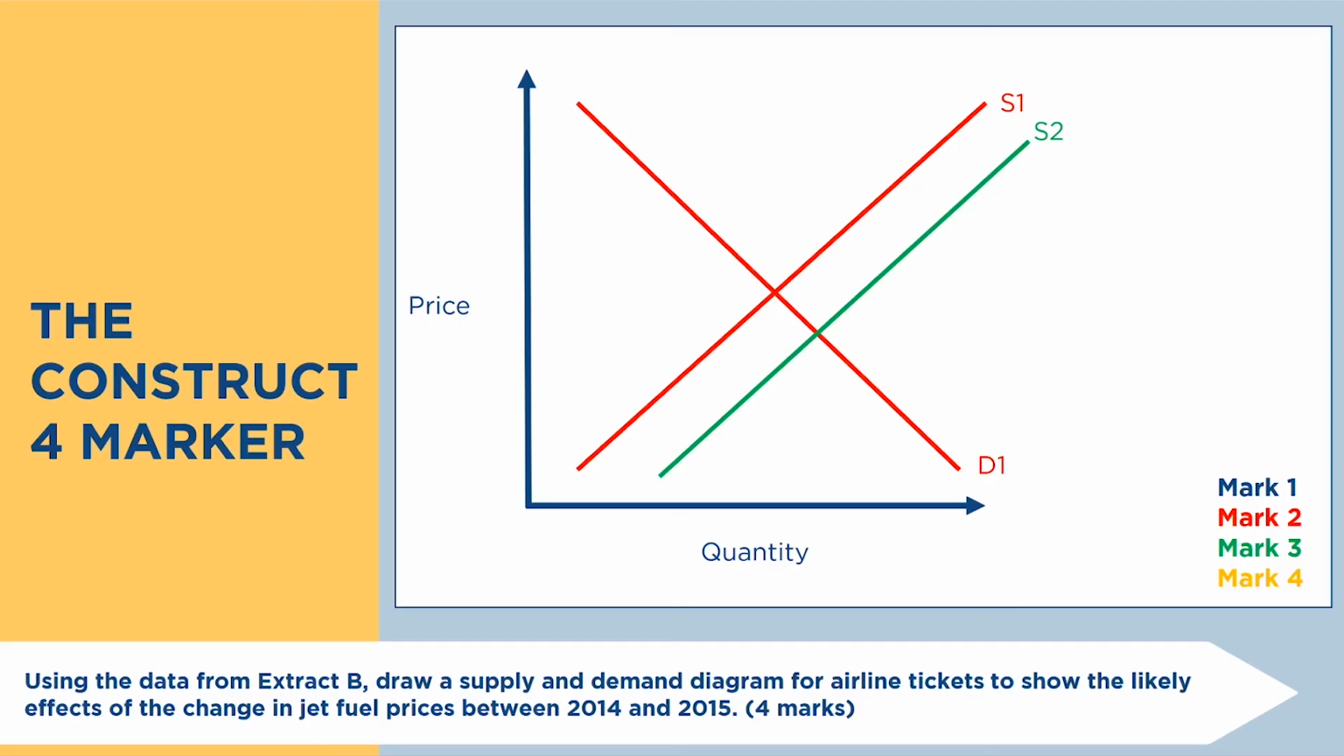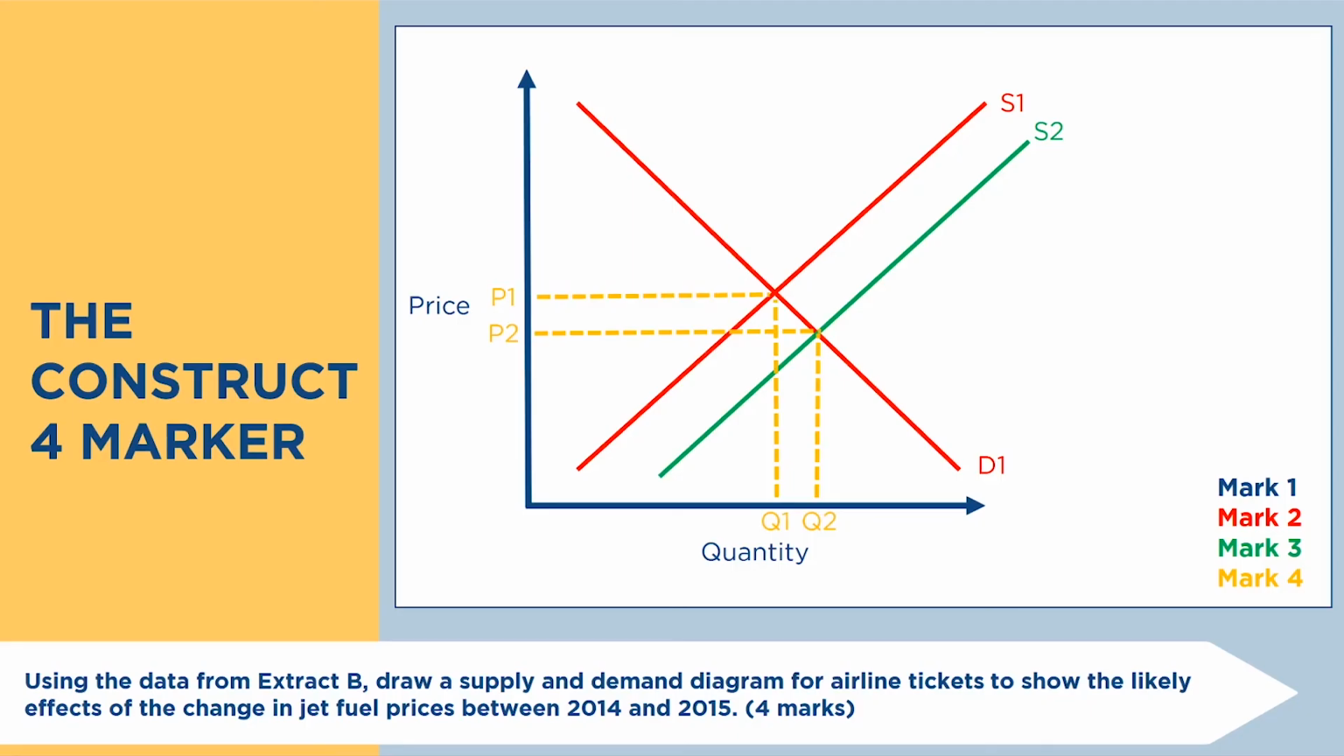And we know that it's going to make them want to supply more because their costs have gone down. So we can draw that shift to the right, and you'll see there that I've drawn my second supply line and I've labeled it S2. Once you've done that, that's the only challenging bit really, because once you've done that, Mark 4 is also really straightforward. All you need to do is draw the equilibrium lines,